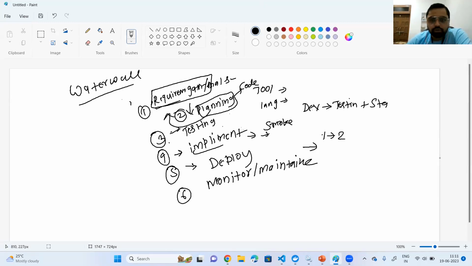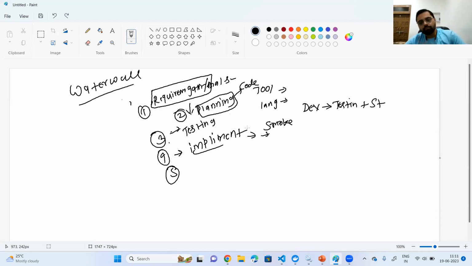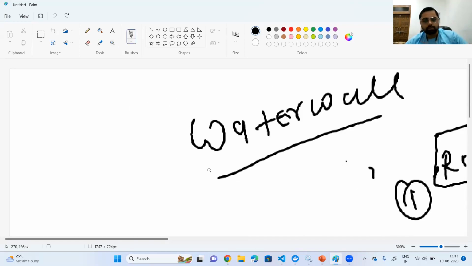And after the waterfall model, another model came into the picture, which was